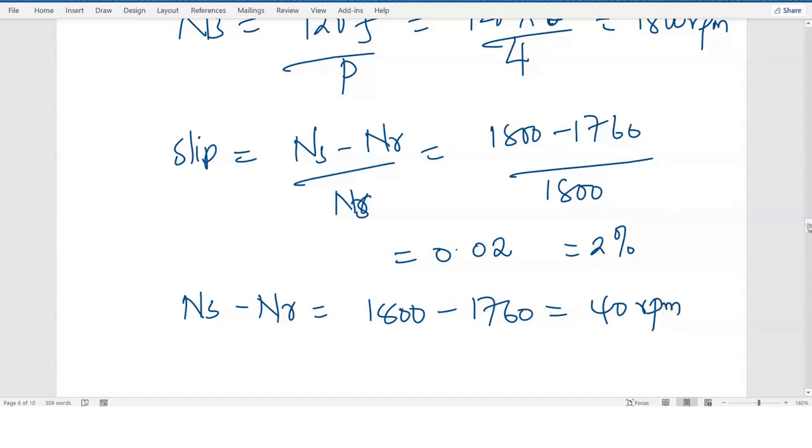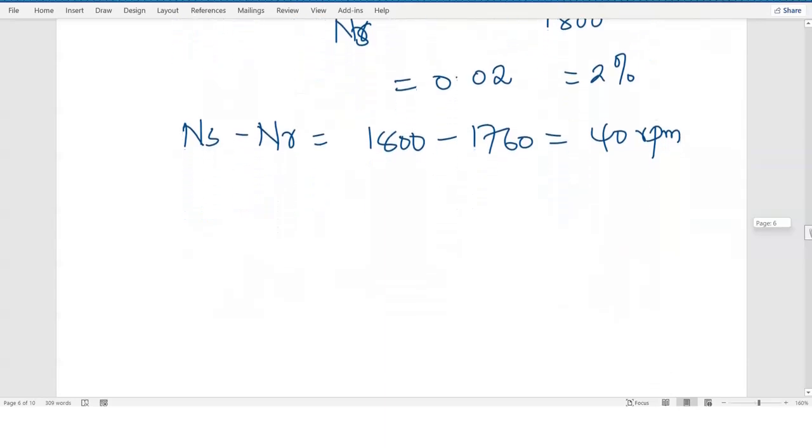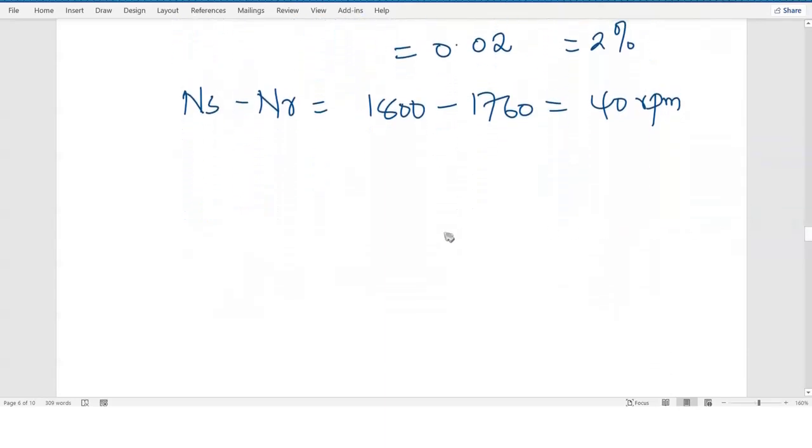So the speed is going to be slightly higher. We know that the speed is slightly higher than the synchronous speed. So if the synchronous speed is 1800, it will be higher by the same slip as when it is acting as a motor. So it will be 40, and this is going to be